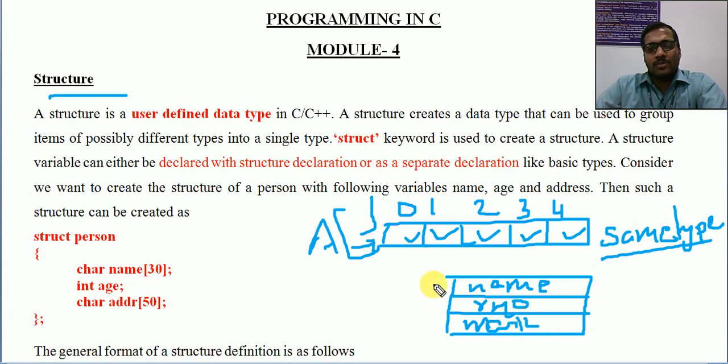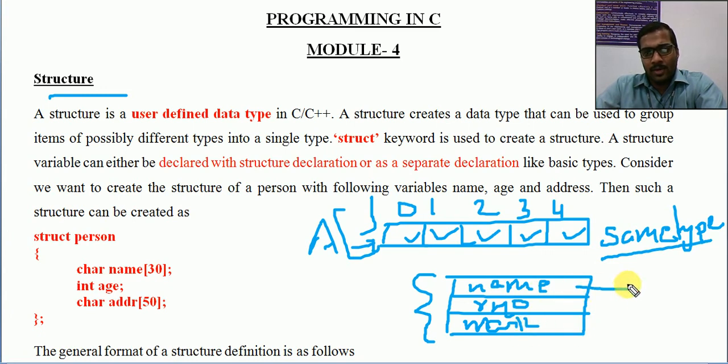If you want to store a record like this, we are having three values. In an array also we have values, but all the values are of the same type and stored contiguously. But if you want to store a record-like structure that consists of name, roll number and mark,